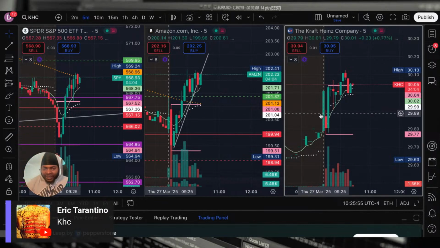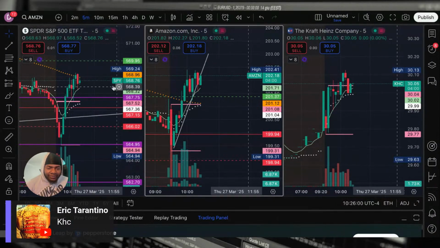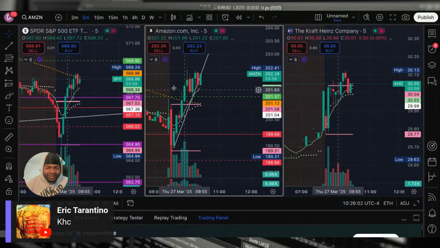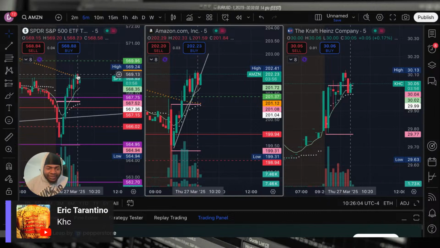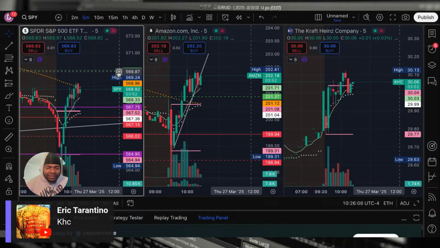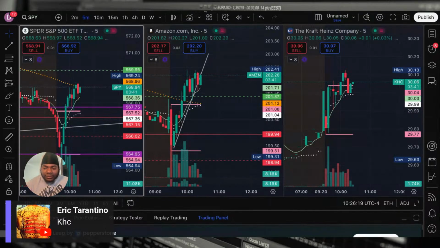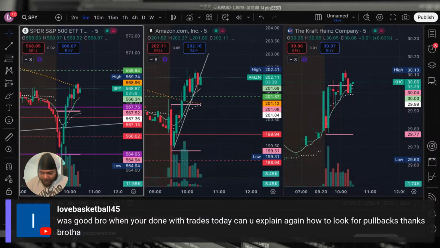All right, y'all see we back in the green, guys. We back in the green. So SPY held. Let's see if we can get above the 200 moving average. That's all we waiting on. We need to get above that 200, man. And SPY has no more resistance for a minute, except that pre-market high right there. I'm sitting at break even right now on Amazon. So if you're in, you can get out if you're afraid.